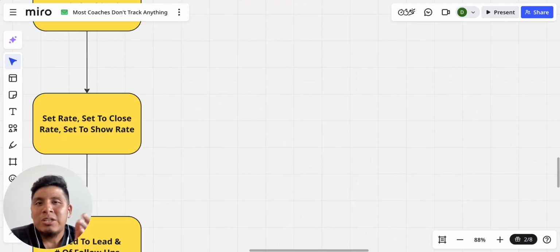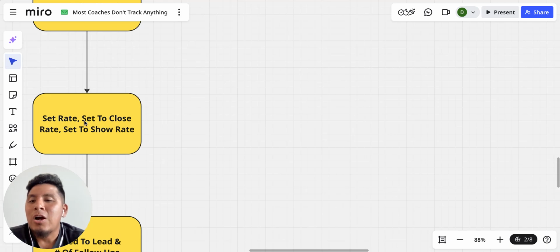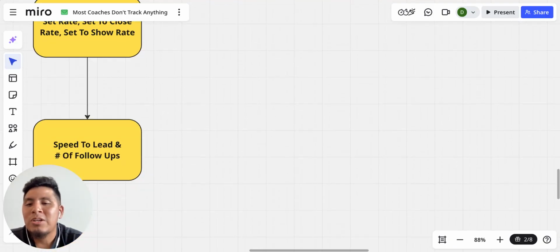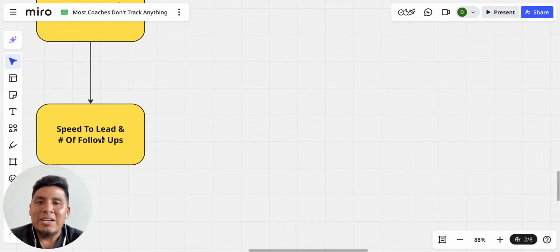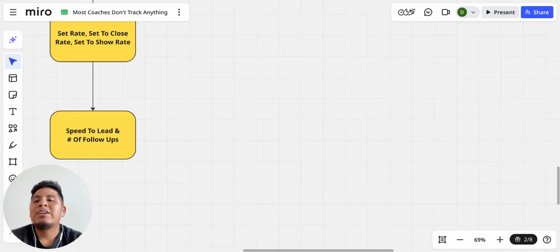So some of the things that you want to track when it comes to this process that affect the actual show up rate and the close rate is, how many people are you actually setting to close, and how many people are you actually setting to show as well? So if you're having these confirmation calls, what is the actual perspective and numbers that you have when you're reaching out to them, and how many of those are actually showing up and closing with confirmation calls? You can also use these numbers for people who are filling out the form, so on and so forth, right? And then amongst that, with the forms and all the other things, what are you doing with speed to lead, and also the number of follow-ups?